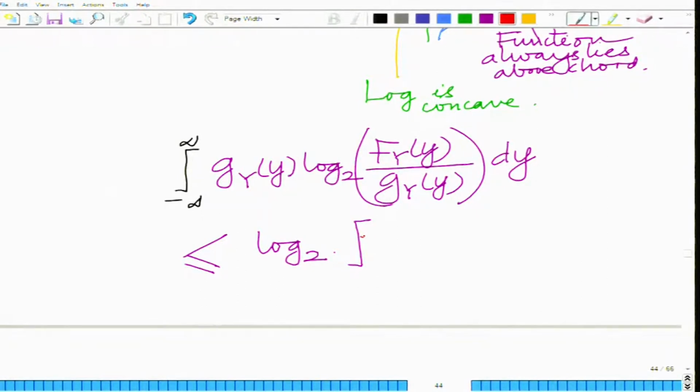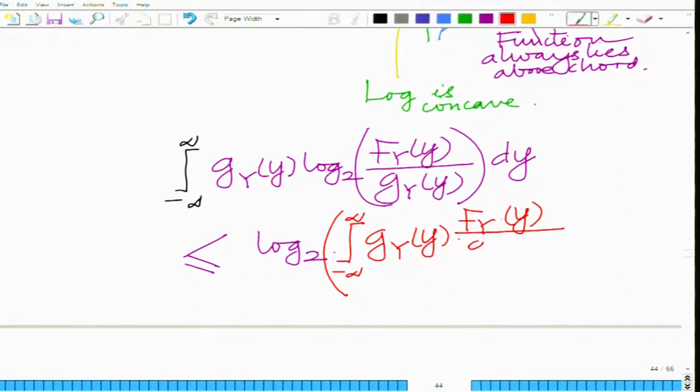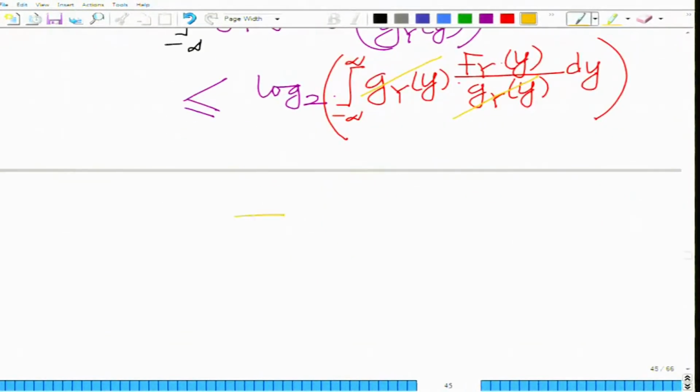You have to bring the integral, the summation, inside the log, with g_Y(y) times the argument f_Y(y) divided by g_Y(y) times dy. Now you observe that the g_Y's cancel, and therefore this is equal to nothing but log to the base 2. What remains is the integral